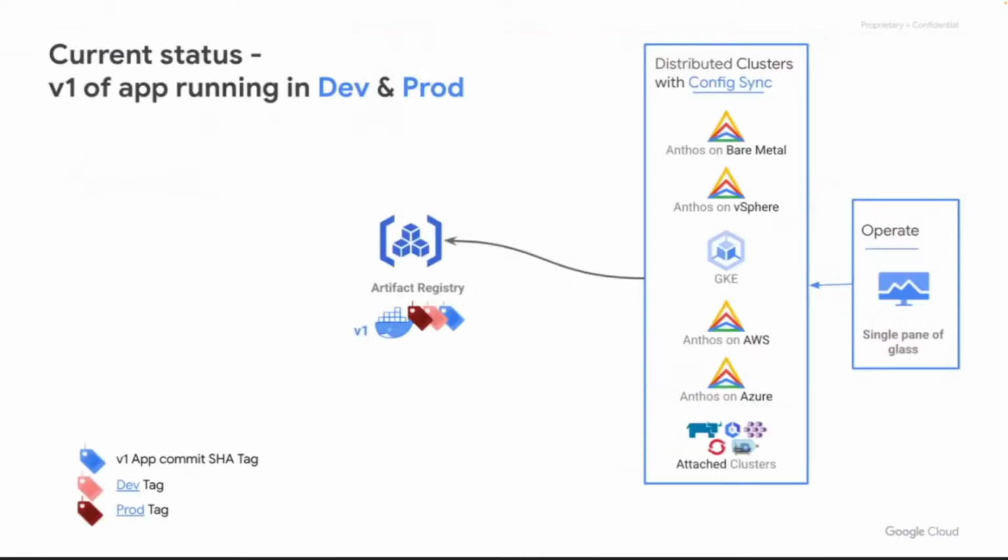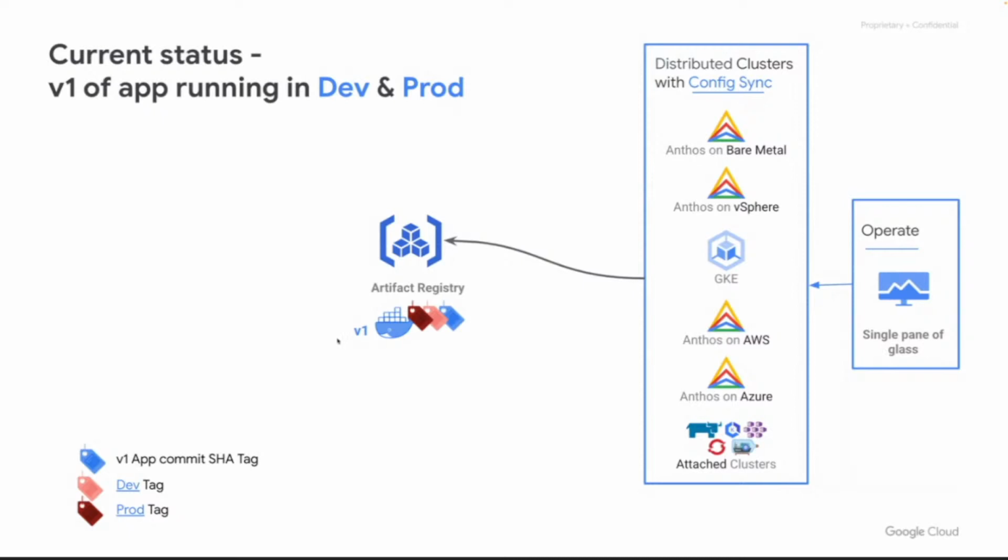And what we have here is the V1 of the application currently running in all the distributed clusters that we have. And the beauty of Pushpa is that you can onboard any of the target clusters. Your clusters can be running on GKE, which is what we're going to demonstrate here, but it can be running on-prem or other clouds, or it can be attached clusters such as OpenShift or Rancher or EKS, right? And all of them can be managed using the Anthos control plane, meta control plane, and providing a single pane